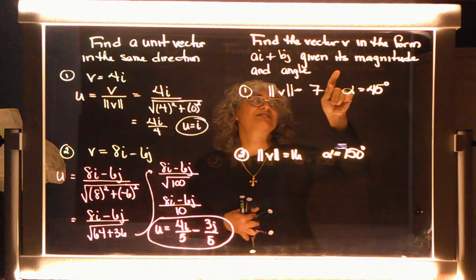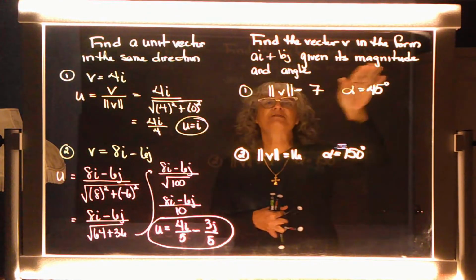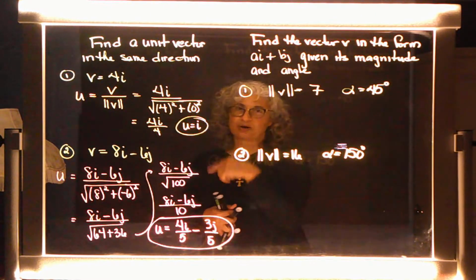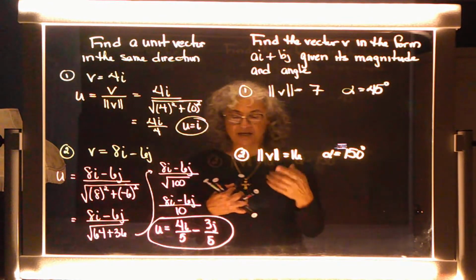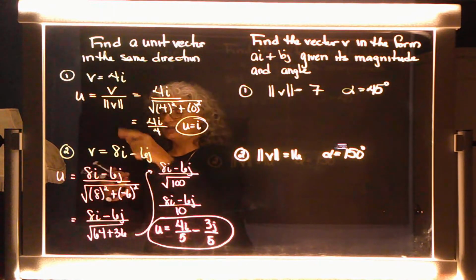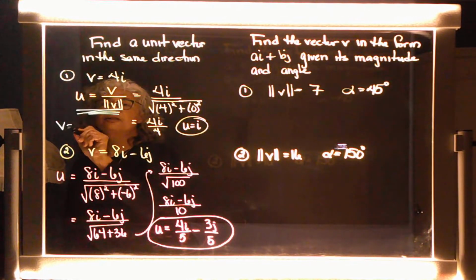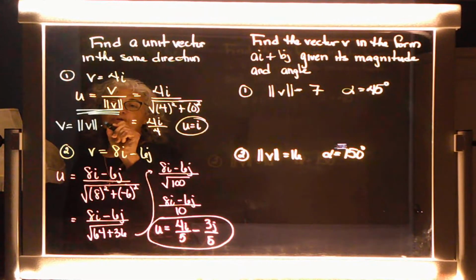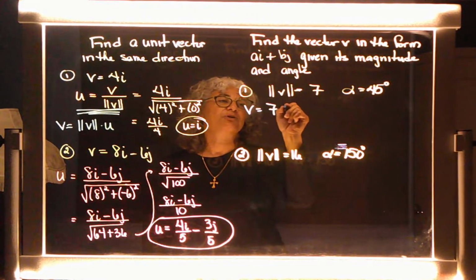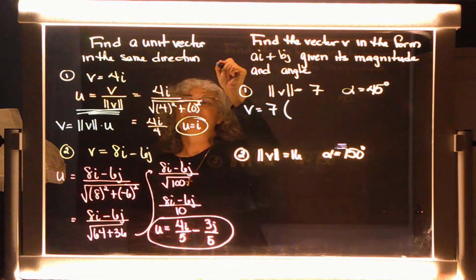They want us to find the vector v in the form of ai plus bj, given its magnitude and its angle. Okay, so you got to go back to what we just spoke about, don't you? And to find this vector v, remember, I've got to rearrange this, don't I? If I rearrange this formula over here, v is going to be found by taking the magnitude and multiplying it by u, won't it? Okay, but remember, u could have been rewritten as